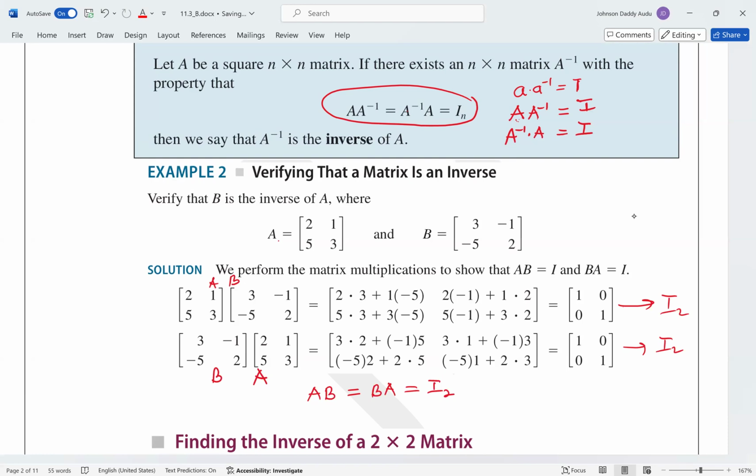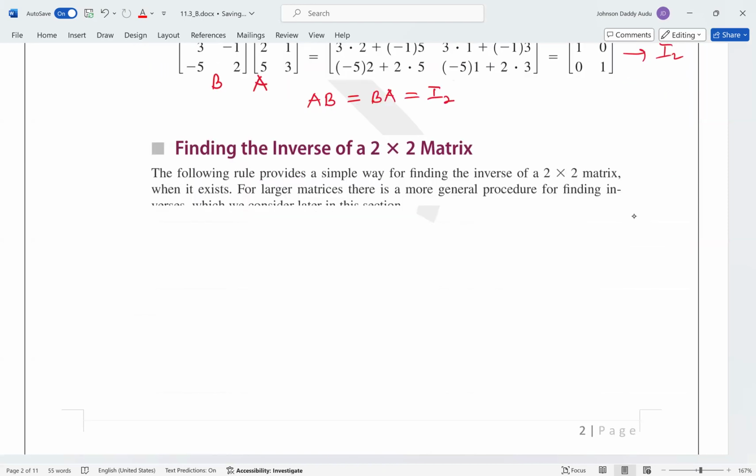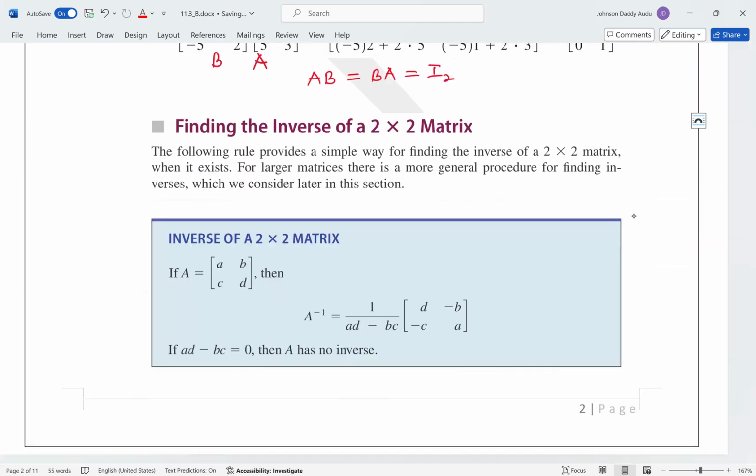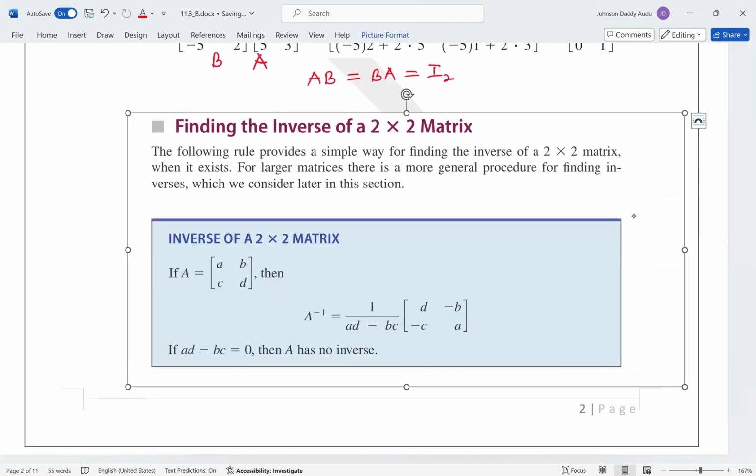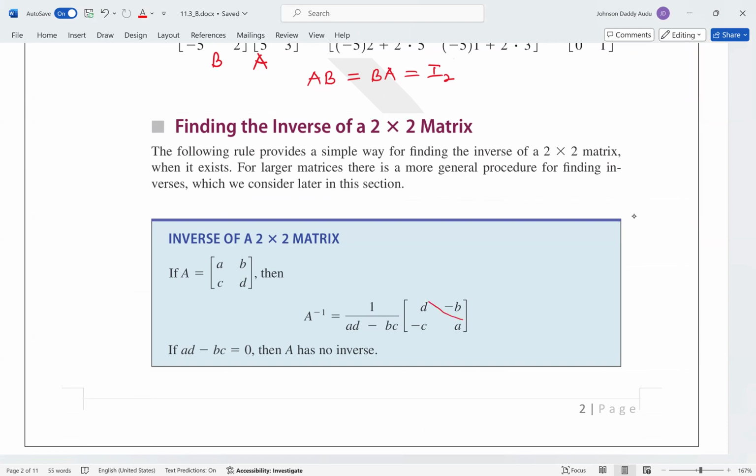All right. So let's delve into finding the inverse of a 2 by 2 matrix. If you have a 2 by 2 matrix, this is just A, B, C, D. How do you find A inverse? A inverse is simply 1 over AD minus BC, times a matrix where you interchange the main diagonal entries, and then you negate the